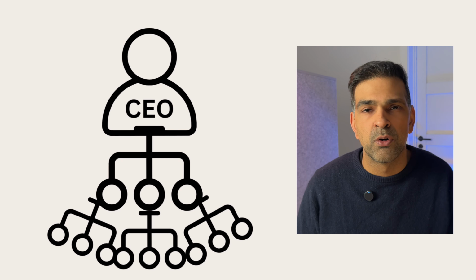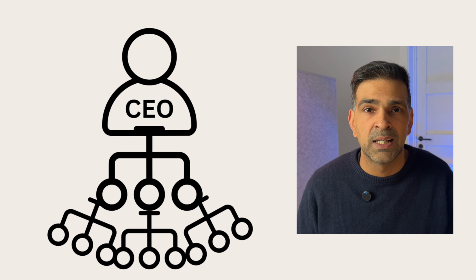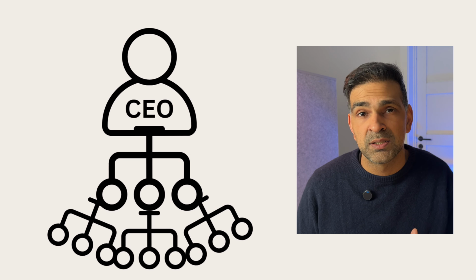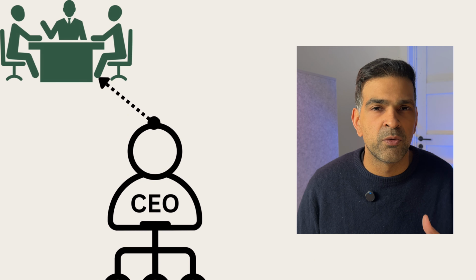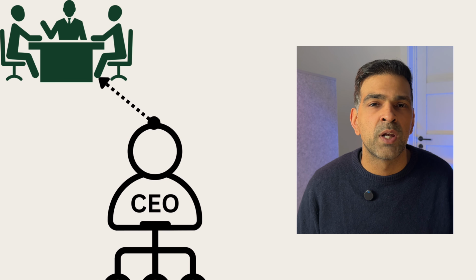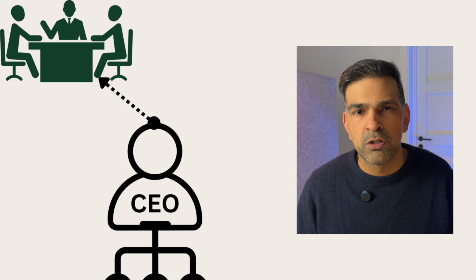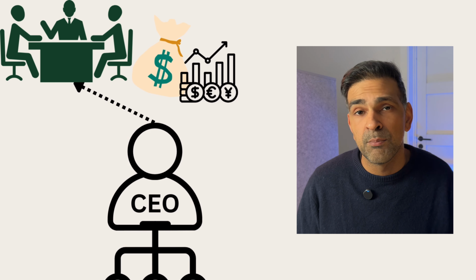Usually in these structures there would be some sort of reporting mechanisms in place as well to ensure that the CEO has all the information so that he or she could pass on this information to the owners of a company, generally comprised in a board of directors. The board of directors would have the final say on any goals and targets that the CEO proposes. And why would that be? The owners put money into the company and they want to see that money grow.